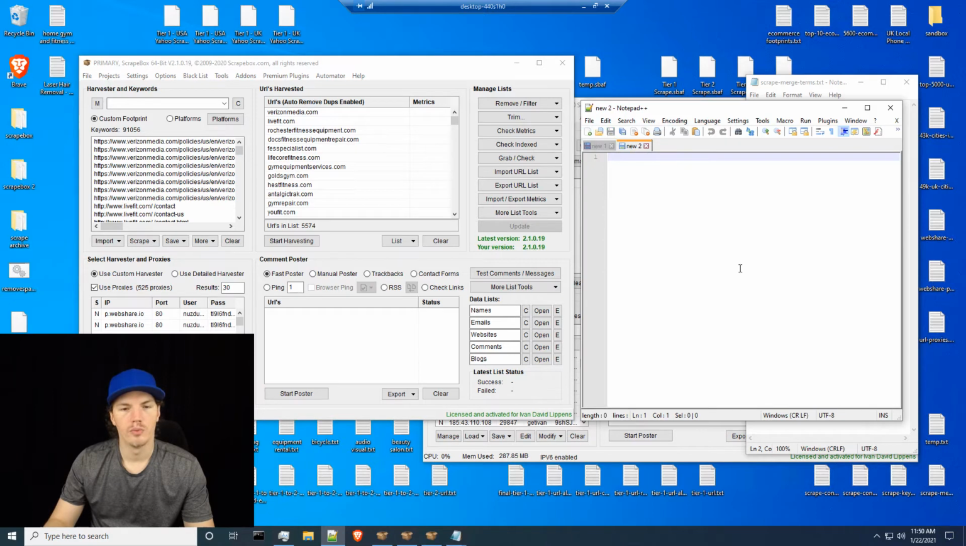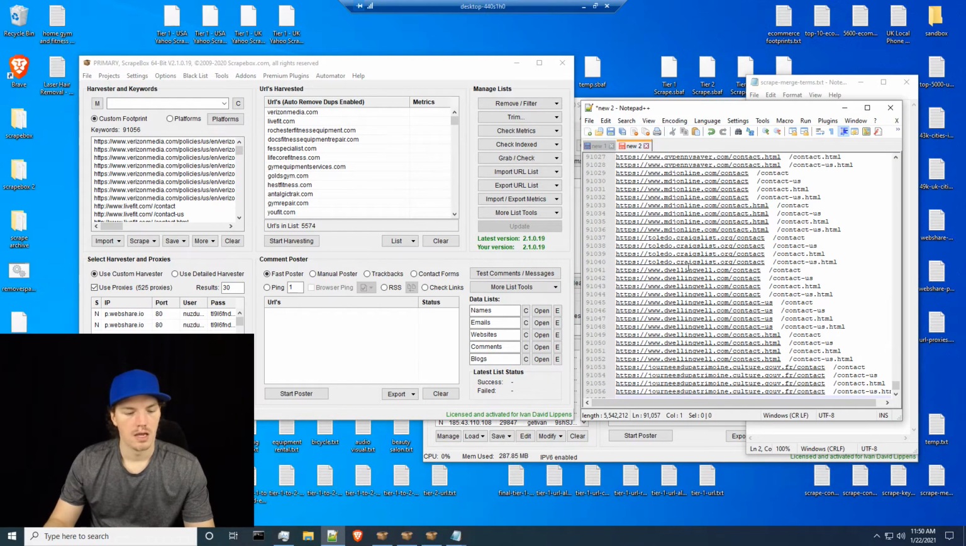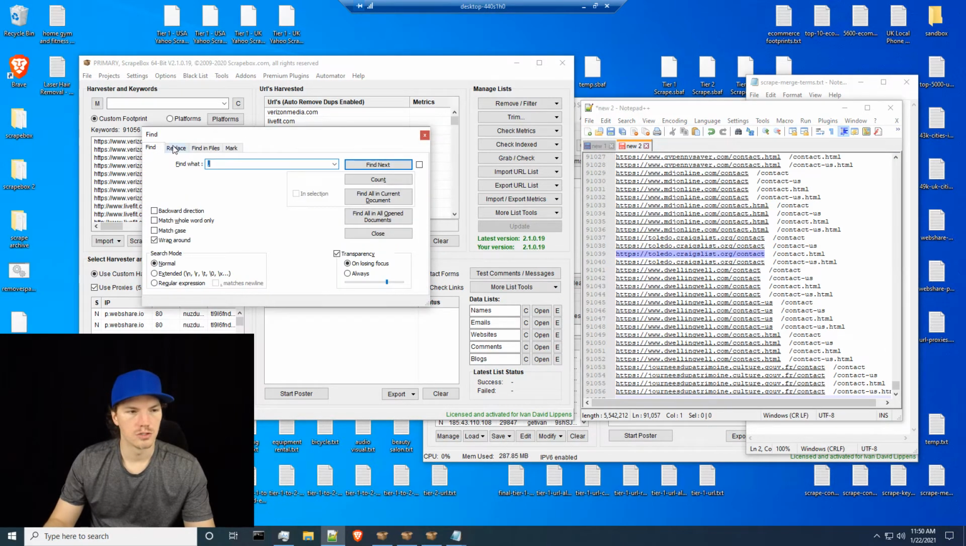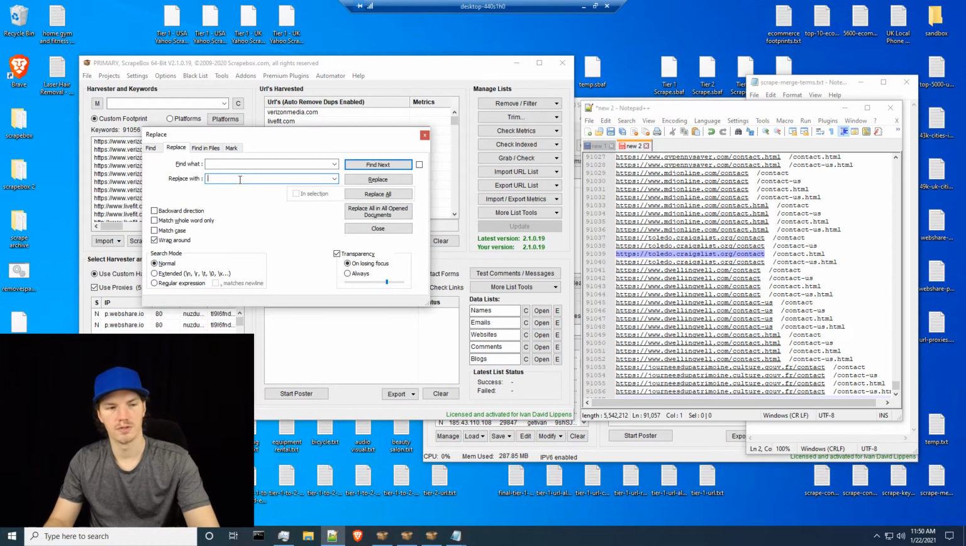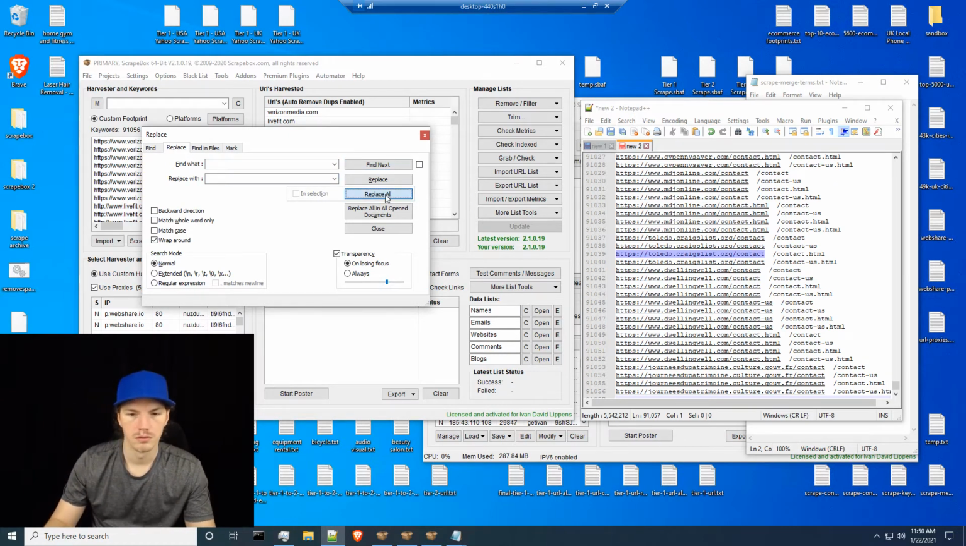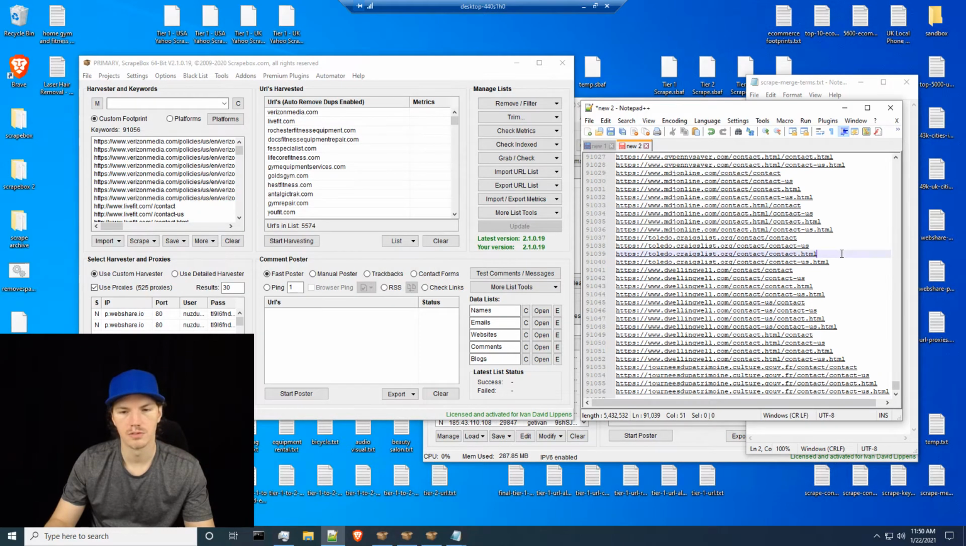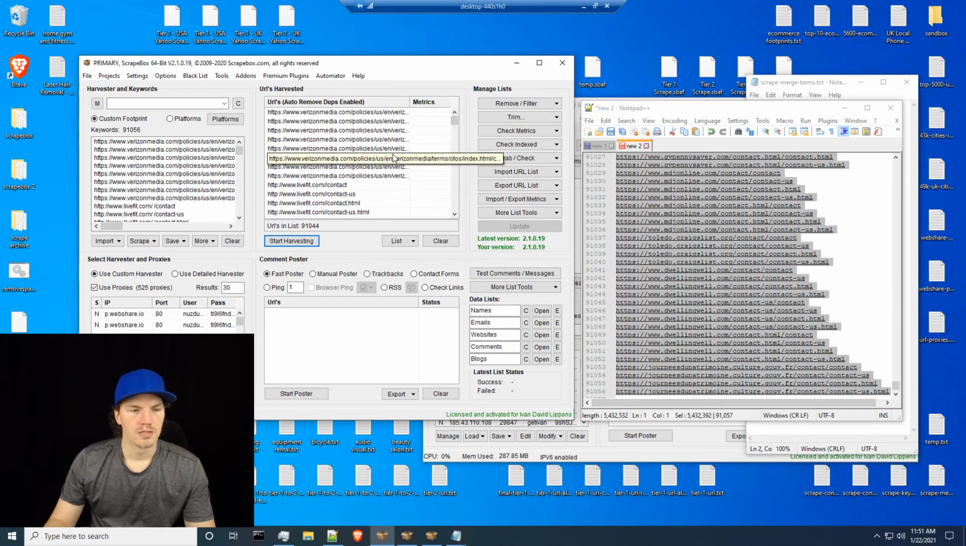Come to your Notepad++ and do a find, and then just look for space and replace it with nothing. Replace all, and that'll drop those down to viable URLs. And then you can paste and replace here, remove and filter. And this is sloppy, so just ignore this. But when you remove and filter, and when you paste that in and you remove the duplicate URLs,